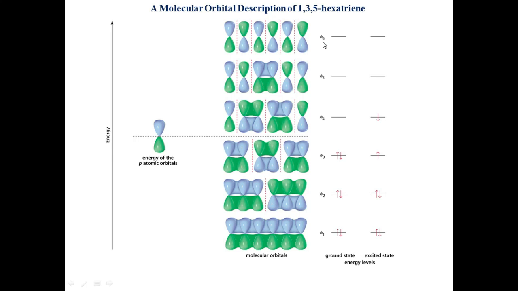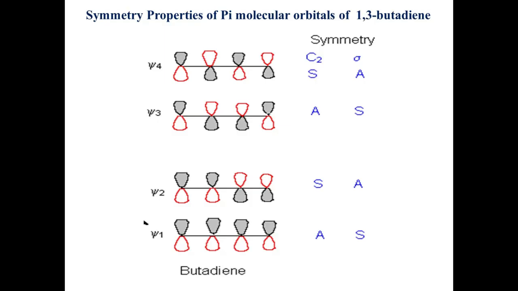The molecule will be changed as a molecular orbital description, right? Then next, the symmetry properties of pi molecular orbitals of 1,3-butadiene. Here see psi 1, psi 2, psi 3, psi 4, the ground state to excited state. The butadiene, here